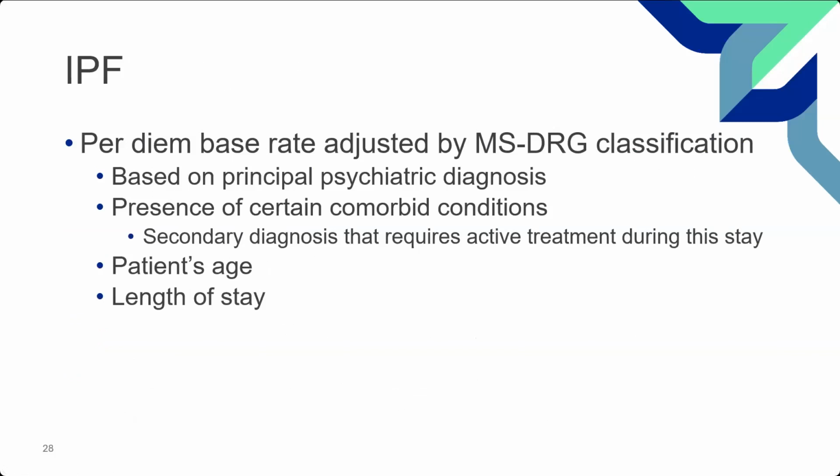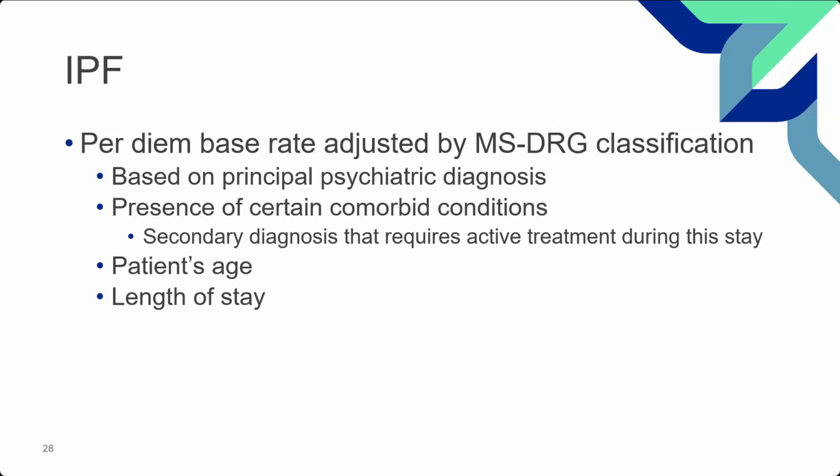There's also an inpatient psychiatric facility, which has its own separate MSDRG classification, a diagnosis classification. It is still based a little bit in the inpatient acute care, the same type of IPPS. So it is a PPS system, except because it's a mental health adjustment, there are reasons that they're looking for certain things to occur. So you still may have to treat certain comorbidities, which create secondary diagnoses and all those other things. Also with the inpatient psychiatric facility, the IPF adjustment, we do look for length of stay.